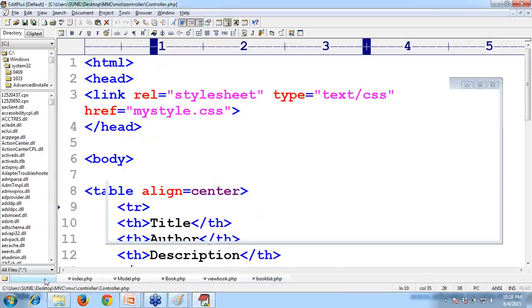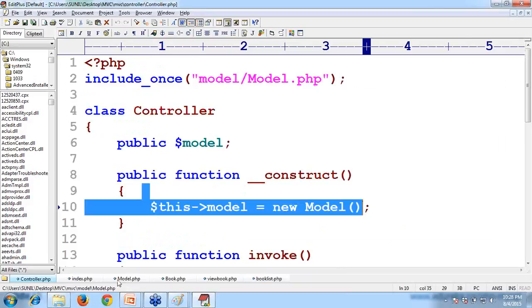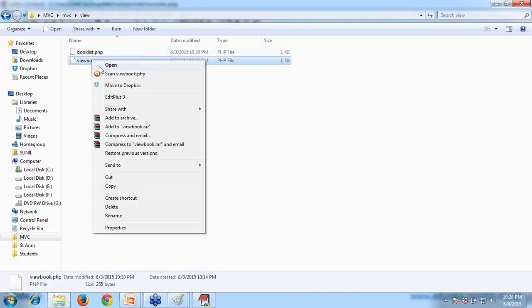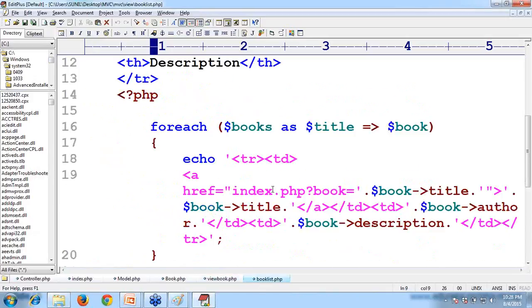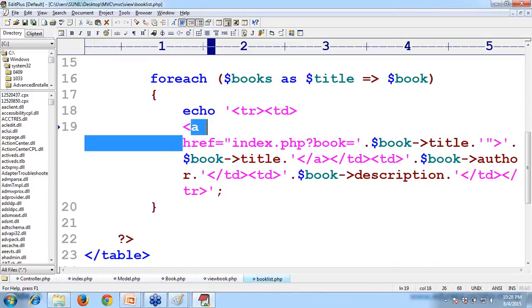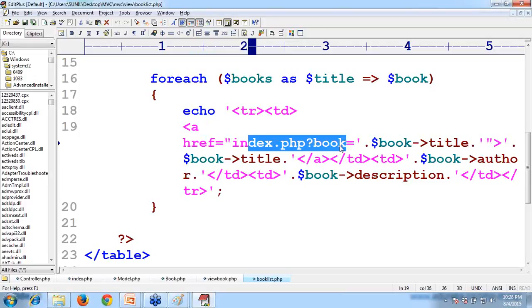So controller, index. So this is nothing but booklist.php. Then another is view book, one particular book detail we want to have. So whenever the complete books are being displayed, we have given an anchor tag. Have you noticed that? href is equal to index.php?. This is simple. There's no controller. There's no action given. We are only hard coding the things. index.php?book=10&title.